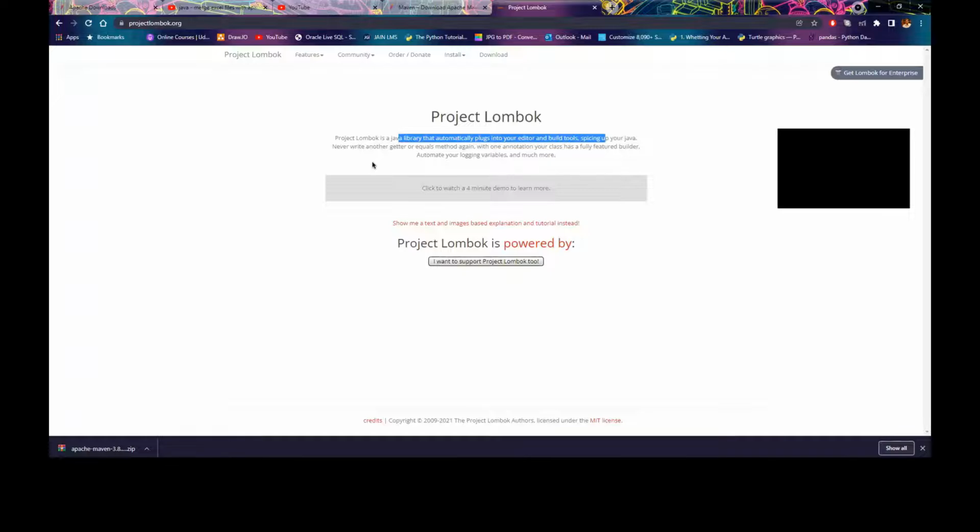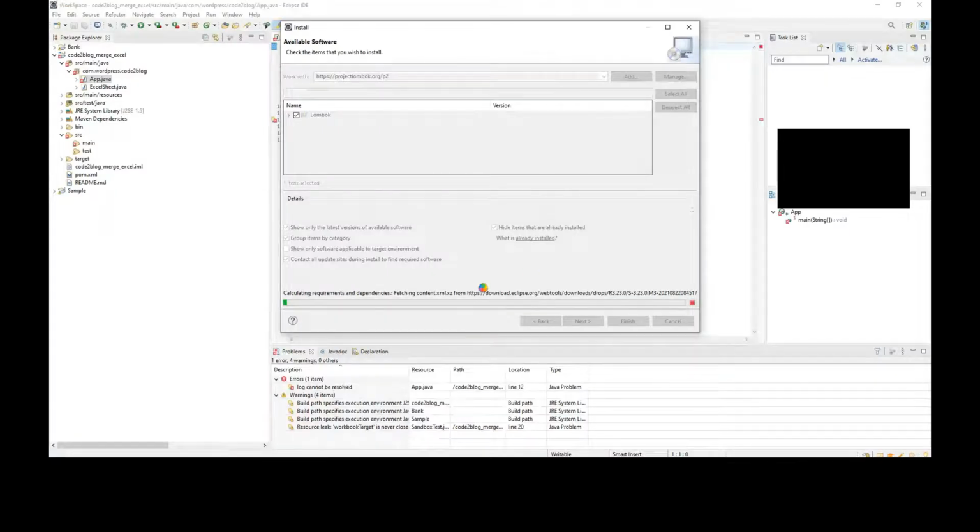Instead of creating a logger for each and every class, you only have to add @Log as the annotation. Instead of creating getters and setters, you only have to add an annotation, and those methods will be created by default. So it gives you some helper utilities.